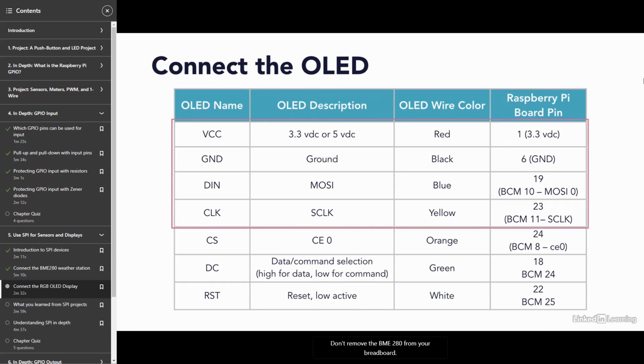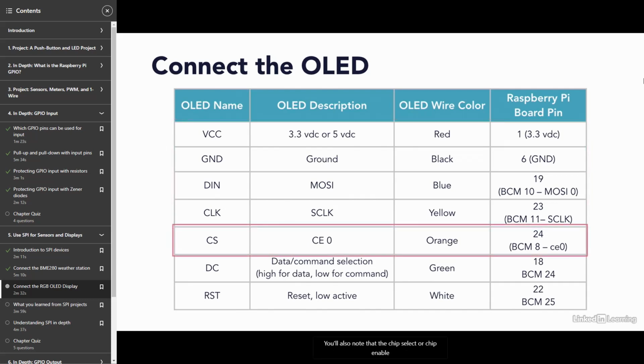Don't remove the BME280 from your breadboard. The OLED will connect just fine alongside of it. In fact, note that the MOSI, voltage, ground, and clock signal lines are shared between the two integrated circuits. You'll also note that the chip select, or chip enable, is on a different pin than the chip select for the BME280. Each SPI device uses a private chip select pin to determine which device gets to control the data